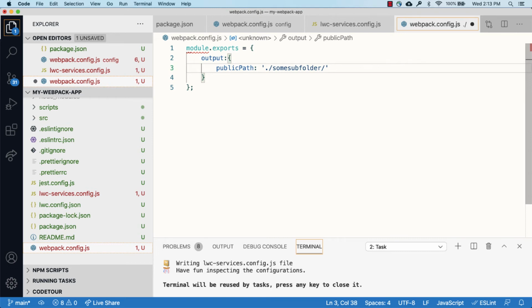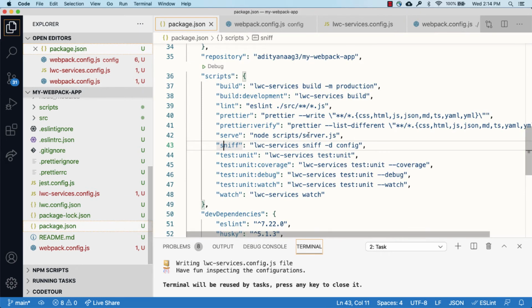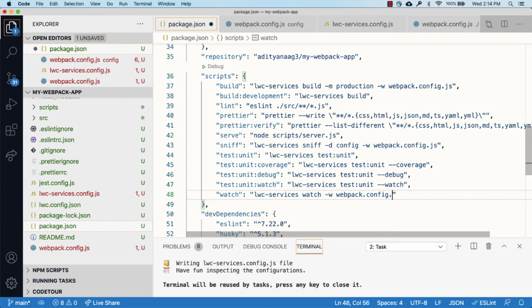Now that you've created this custom Webpack config, you need to instruct LWC services to use this config file along with the file that it automatically generates, which you do using the -w flag. So I'm going to update the build, sniff, and watch commands with this flag.